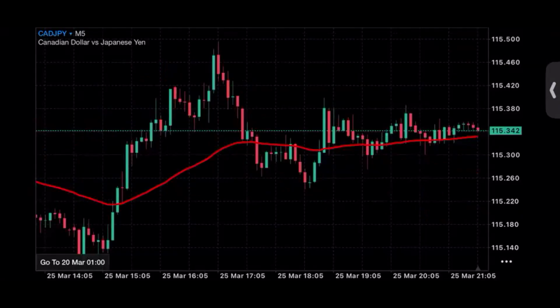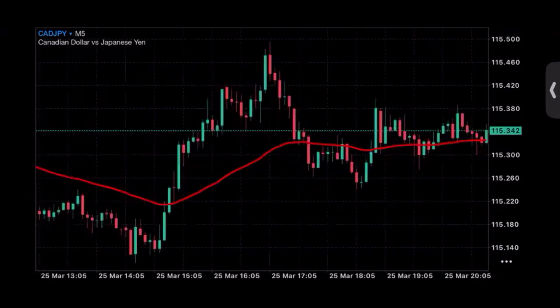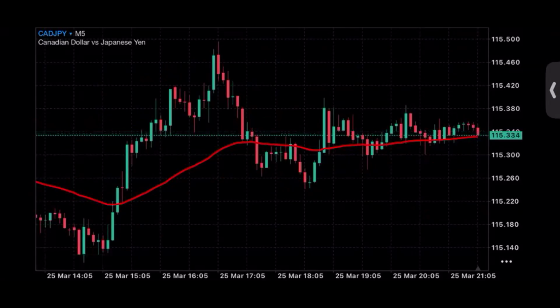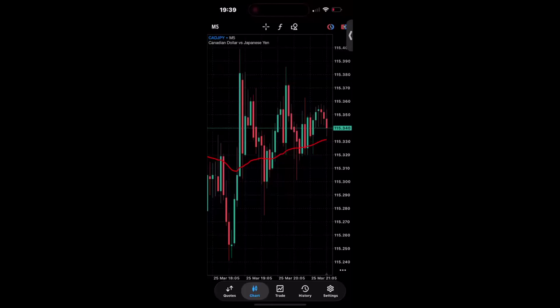On the 5 minutes time frame, it's looking very consolidated based on what I'm seeing. For the moving average here, you can see it's telling us that on the 1 hour time frame, it's looking as a downward trend. But on the 5 minutes time frame, which is where we're actually taking our trades from, you can actually see that market is a little bit consolidating. The moving average is not above price, it's not below price, it's just in between price. So CADJPY might not be a good option. Let's quickly check GBPJPY.